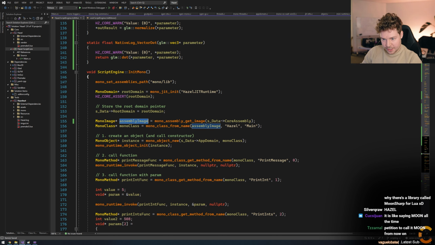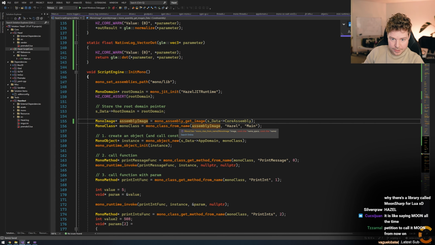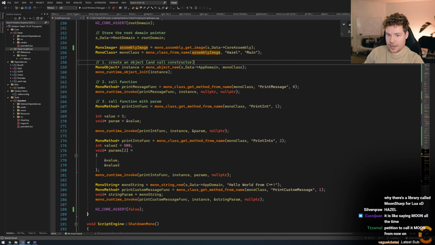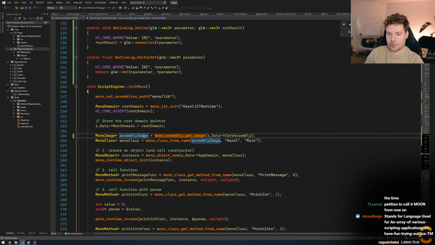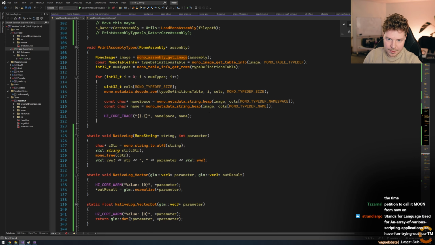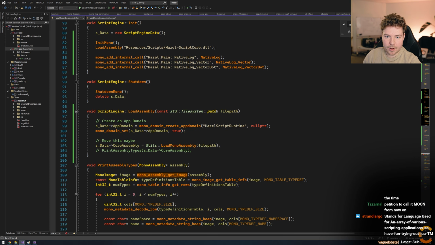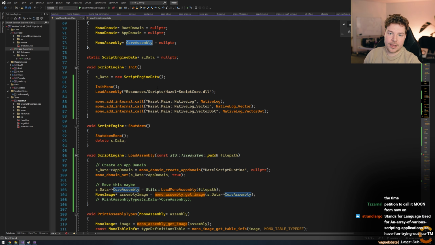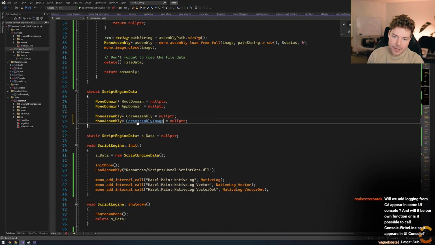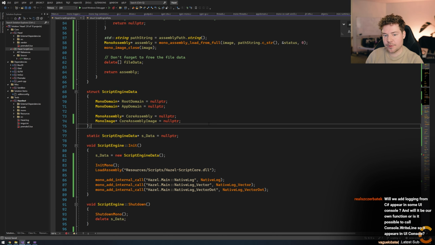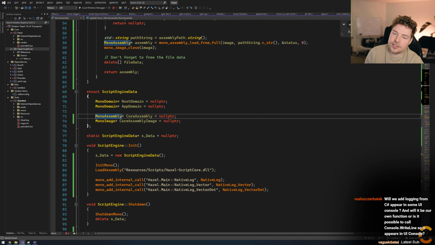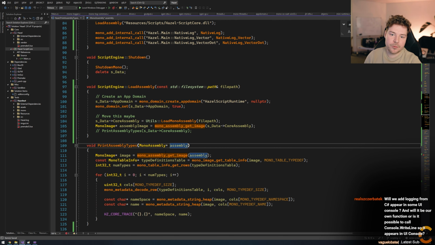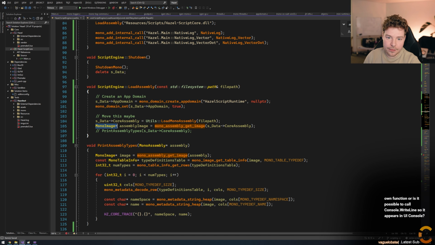Okay, but we also need the assembly image, and what do we need that for? To get certain classes by name, right? So assembly image is probably something we also want to store. So this mono image assembly image, let's take that and pop it into load assembly. Once we have that, we can get the assembly image. And then when we come up here, let's just do core assembly image. Now we may change this as we add more stuff here. I'll probably end up creating separate structs for this, because we'll see that these two, assembly and image, are usually grouped together, because we're going to have an app assembly as well. So we'll refactor this a little bit to make it better in the future.